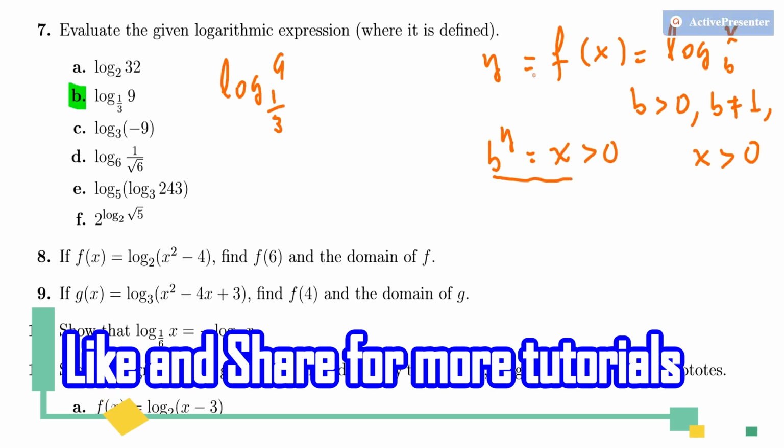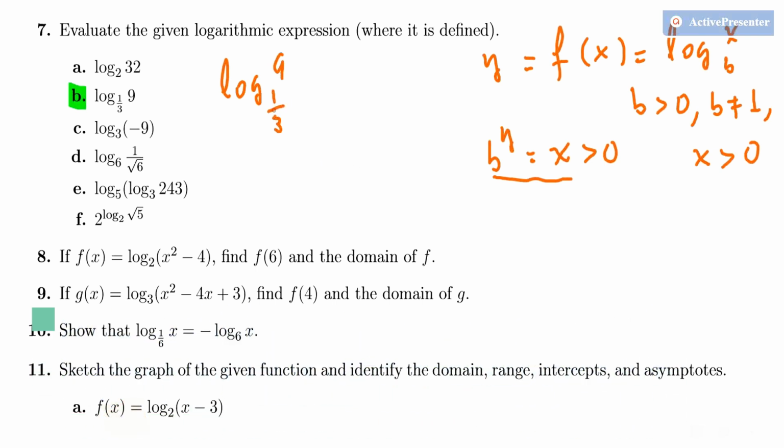So the domain of the logarithm function is the range of the exponential function and vice versa. So this 1 over 3 is greater than 0, so we can find a value. And we have to make some arrangement to write the logarithm argument and the base with a similar prime factor. That means 9 can be written as 3 squared and the base can be written as 3 to the power of minus 1. Now you have to remember the logarithm of x to the base b to the power of